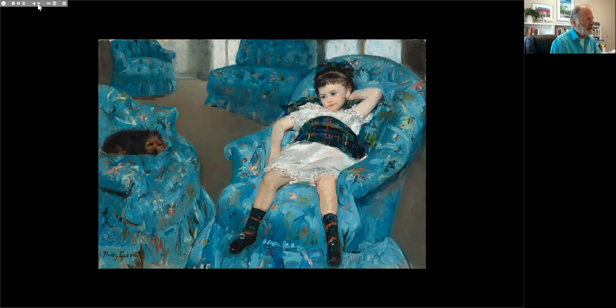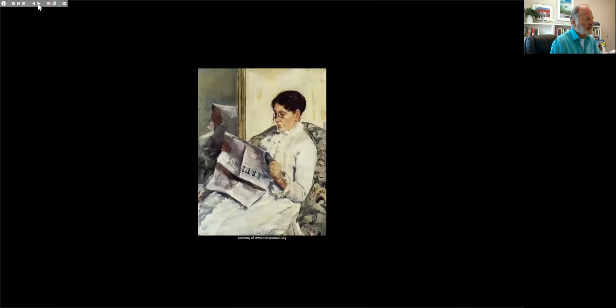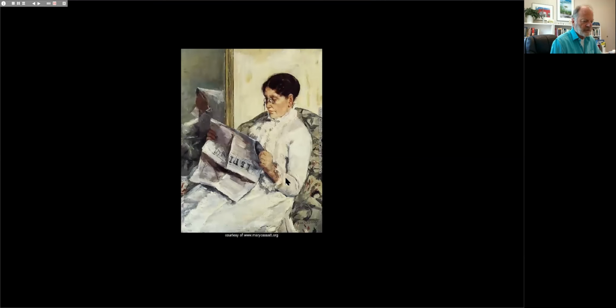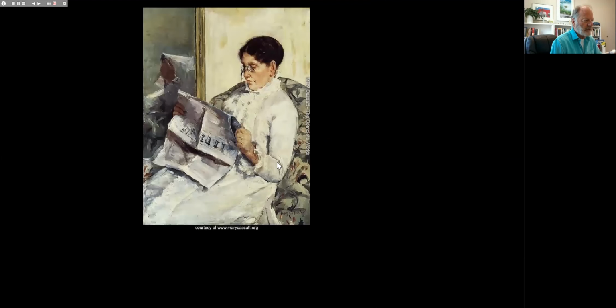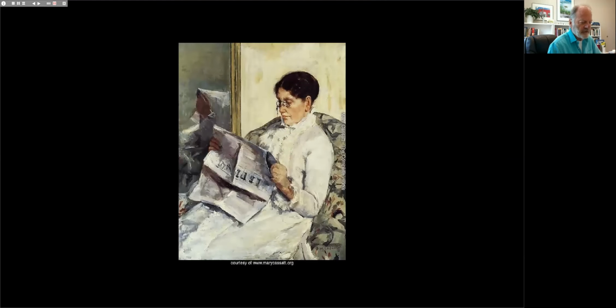Another painting that she exhibited at that Impressionist exhibition, the 4th in 1879, is this, which is entitled "Reading Le Figaro." That is the French newspaper, and you can see the letters here on the masthead of the paper. It is a genre painting on the one hand, showing a woman engaged in a common domestic activity. It's also a portrait